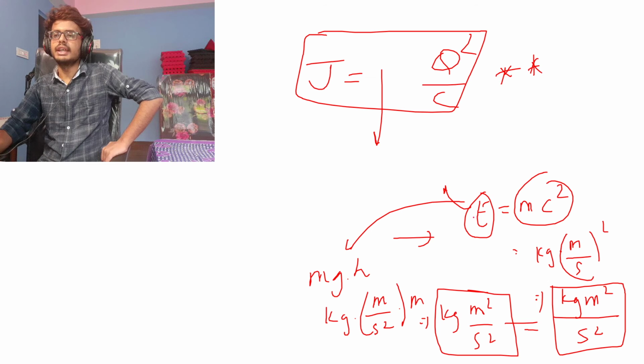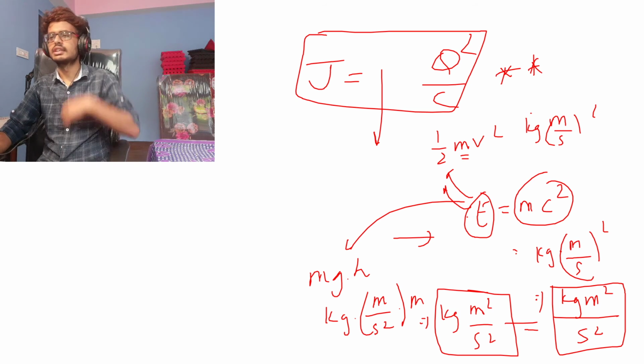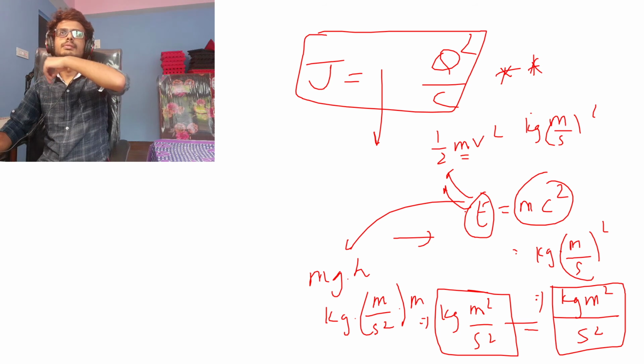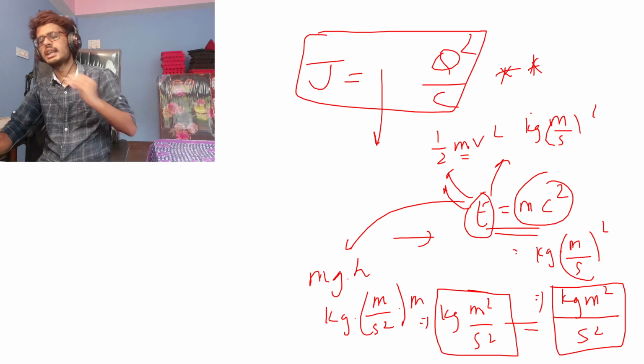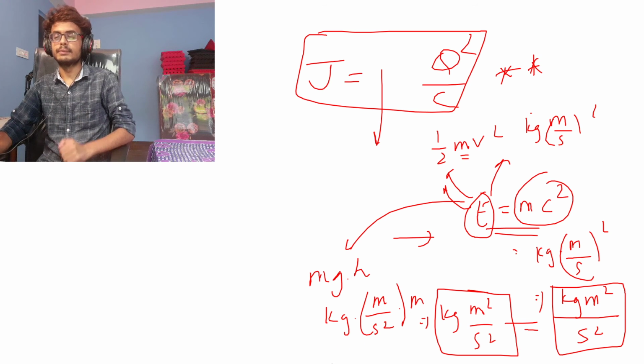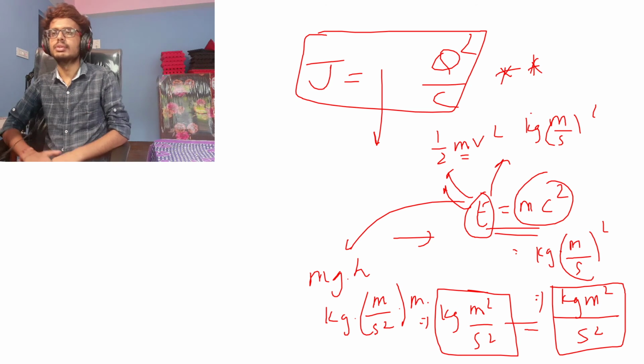So any energy, you can put any energy here. If you put kinetic energy, half into mv square, so m is kg, then v square is meter per second square. So again you get kilogram meter square per second square. So you can put any energy there. Heat energy also, temperature energy, wind energy, solar energy, whatever you put here, you should get the units to be same, or else dimensionally incorrect huncha. And when something is dimensionally incorrect, you can't by any means make it correct. Physically impossible चिजहरु चाहिँ dimensionally inaccurate huncha, dimensionally same हुँदैन both sides, right?